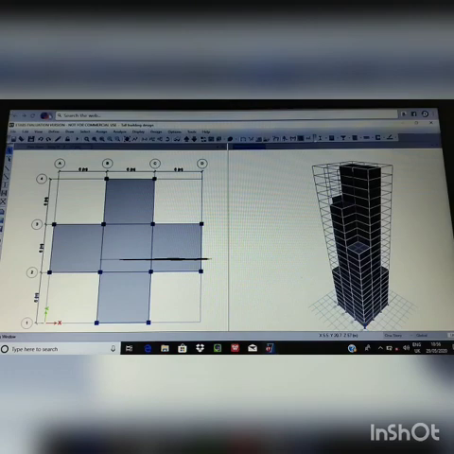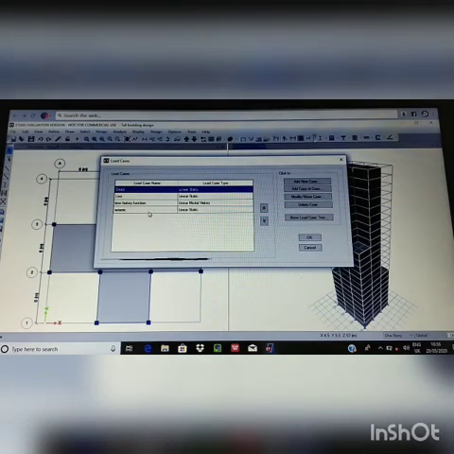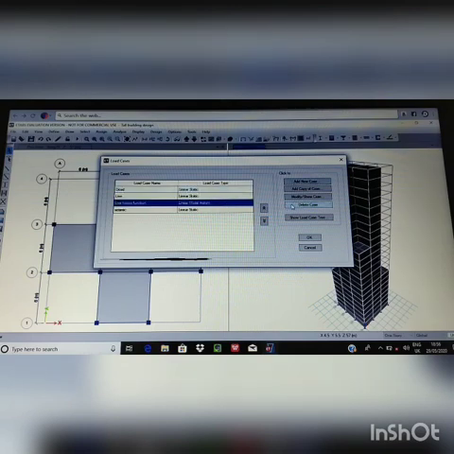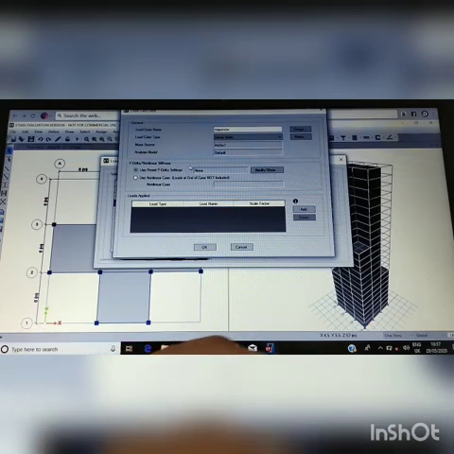Then go to Define, Load Cases, Add New Case. First of all, delete one of them, then add new. Change the load case name to response spectrum and the type is also changed to response spectrum.